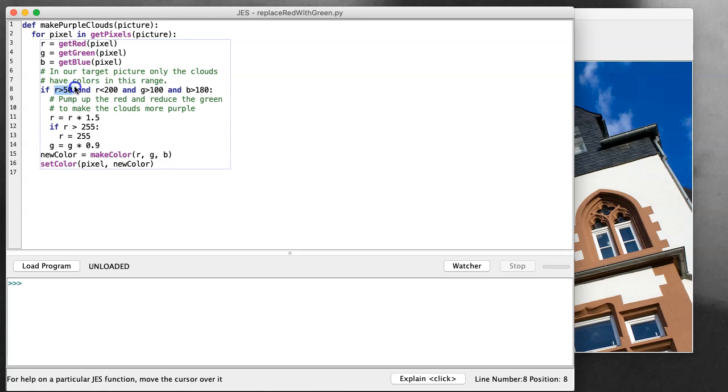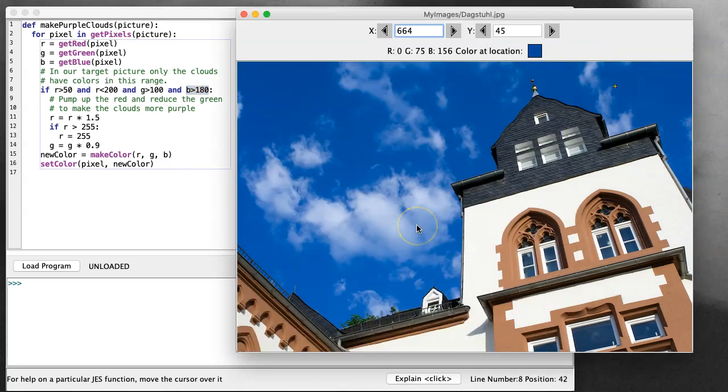have values of red that were at least 50, but less than 200, and green that was at least 100, and blue that was at least 180. And that's just from poking around in this picture. There's nothing magic about those numbers. I just poked around some, and it seemed to be the case that described the cloud picture pixels, and that